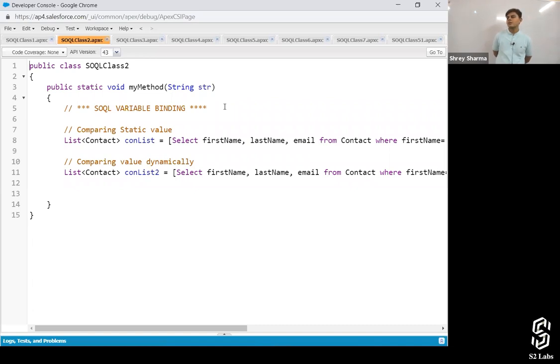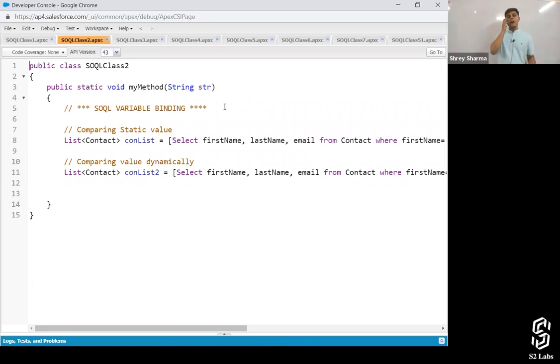Write a query in which, whatever name I'm passing, if I'm passing the name Rahul, the record of Rahul should get searched. If I'm writing the name Amit, the record of Amit should be searched. So I want to check the condition based on the value that my user is passing. I want to compare a value which my user is passing to me in that condition. That's all I have to do, right?